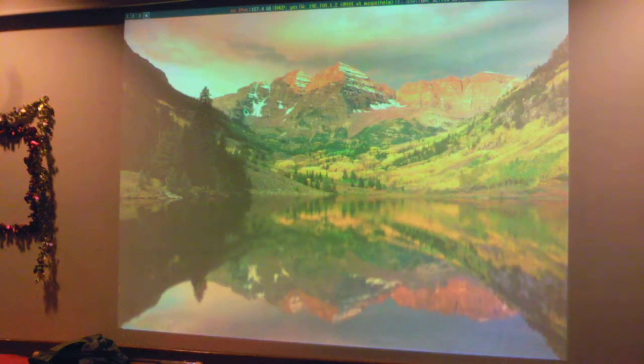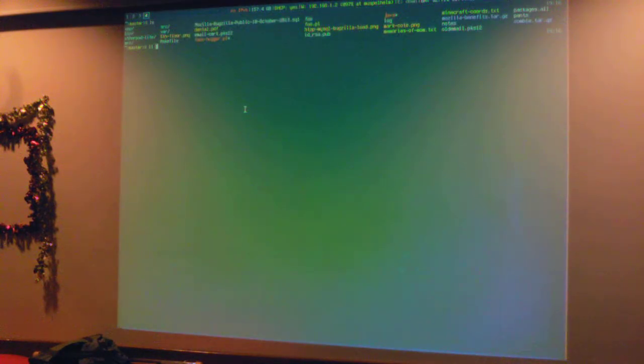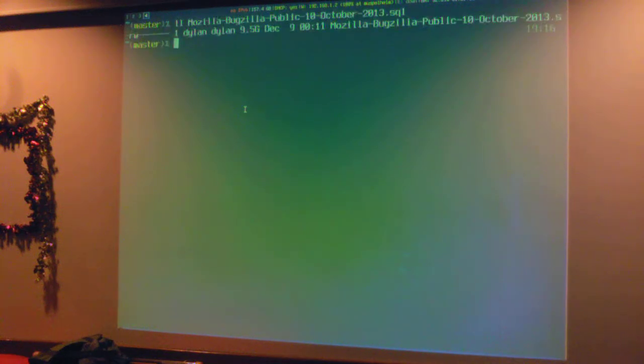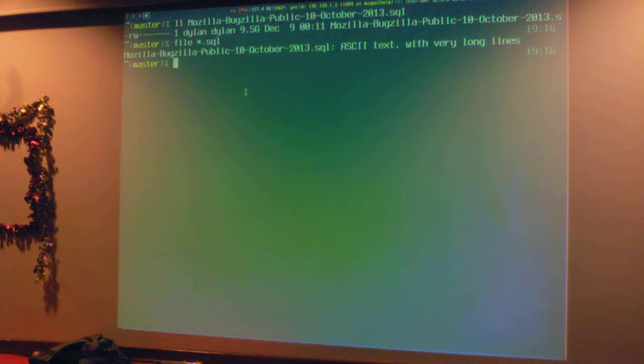Well, I have a database file that's sanitized. Anyone can download this, by the way. It's all public, but oops, that's way too small. 9.5 gigs of SQL. Is that compressed? No, it's 9.5 gigs. It's a sanitized dump of all of the bugs in Mozilla.